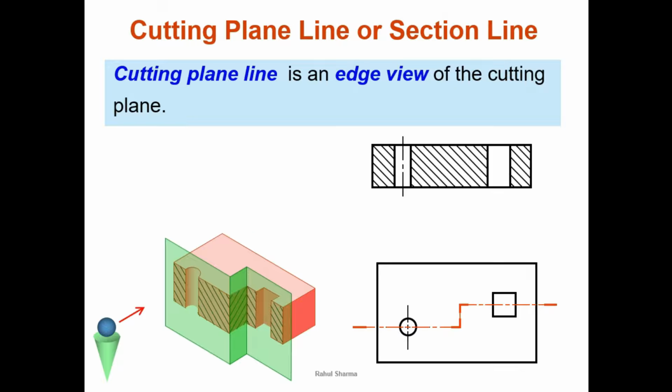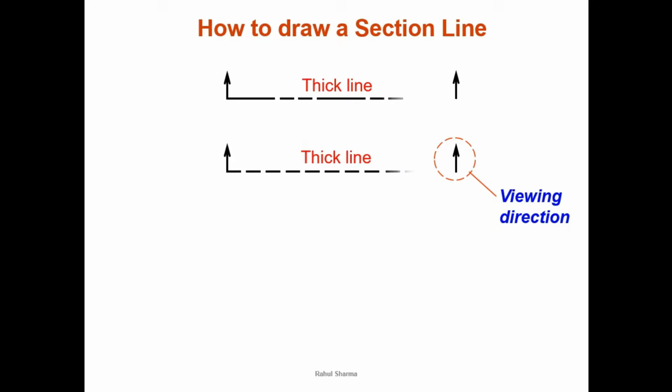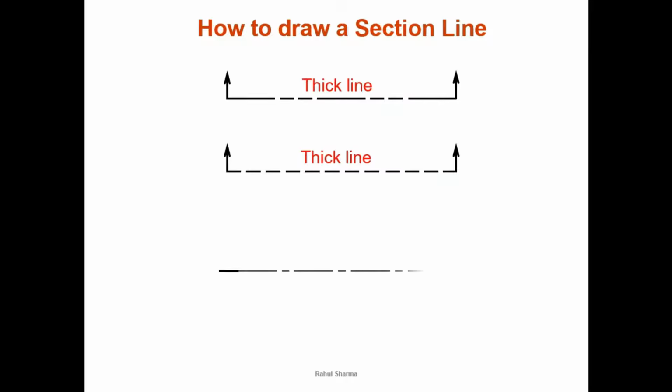Now, how to draw the section lines? We have discussed these lines. The first one is the locus line, the second is the hidden edge, right? But when we have to draw the section line, it will have this shape, one long, one short, just like the center line. Same 6 mm, 1 mm gap, 3 mm, 1 mm gap, 6 mm, 1 mm gap, in a continuous series, but only the outermost edge is dark, the outermost edge is thick. This is known as the section line.